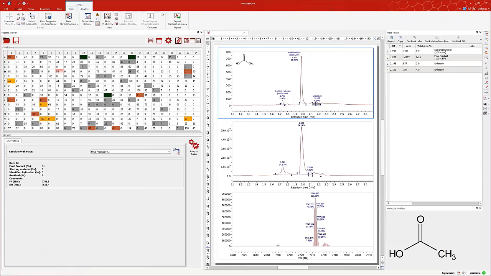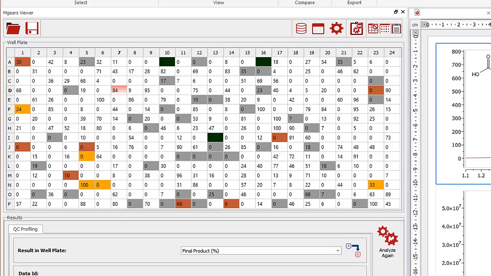So here there is one important thing to understand. The color you see in this plate doesn't give you any information about the yield or conversion of the reaction. It actually only highlights the wells asking for human interaction. So for all the white wells, the attributions are clear, and there is no need for further human intervention, meaning a perfect plate would just be white everywhere. And to treat actually the colored samples,